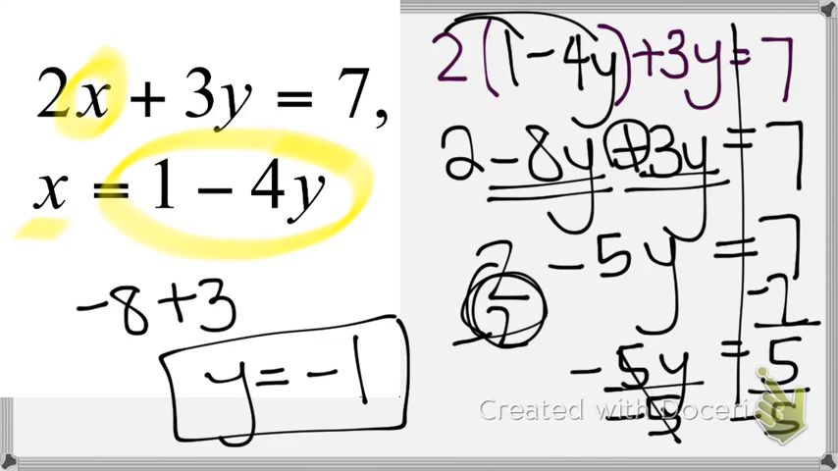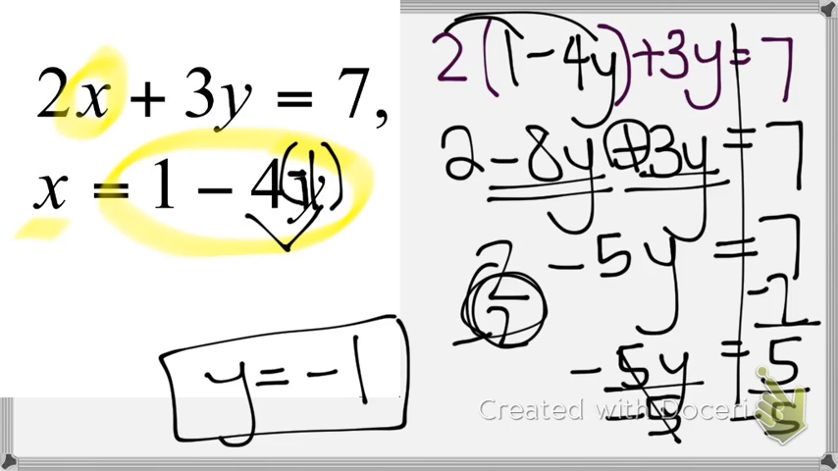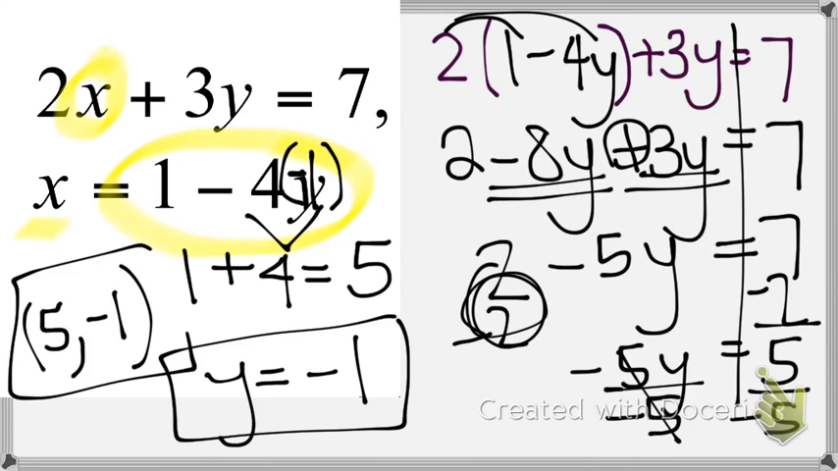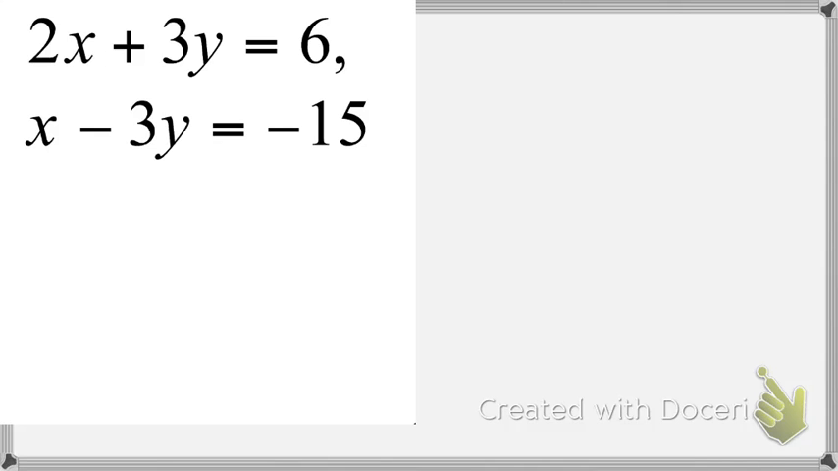So then we want to go back and plug it in for y. So we know y is negative 1 here. So the first thing I would do is multiply these two. Negative 4 times negative 1 is positive 4. Bring down the 1, and x is 5. So I have 5 comma negative 1. That's the solution, the x and the y that work for both equations. Okay, this example,